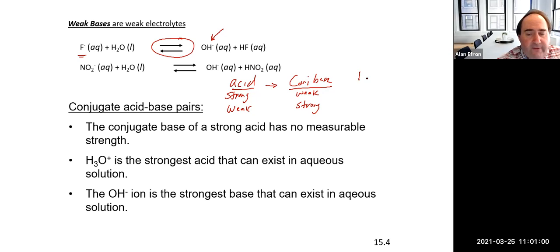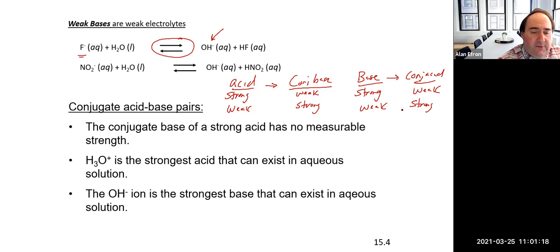Same thing holds true for the base and its conjugate acid. If it's a strong base, its conjugate acid will be relatively weak. If it is a weak base from which the conjugate acid comes from, it will be relatively strong. So again, that opposite relationship is important, especially when we start talking about salts and hydrolysis. That opposite relation, a really important thing to understand. Any questions on